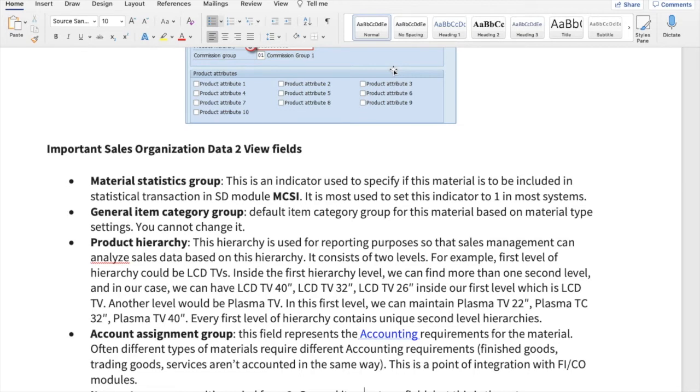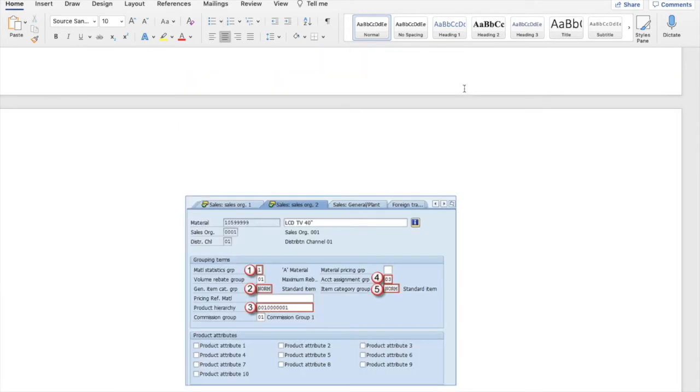When it is used as a trading product, it may require a separate accounting. So whenever you are deciding some kind of deliverable material, be it finished good or trading good, for the purpose of accounting you need to mention here the account assignment. In that data you'll have to mention here.